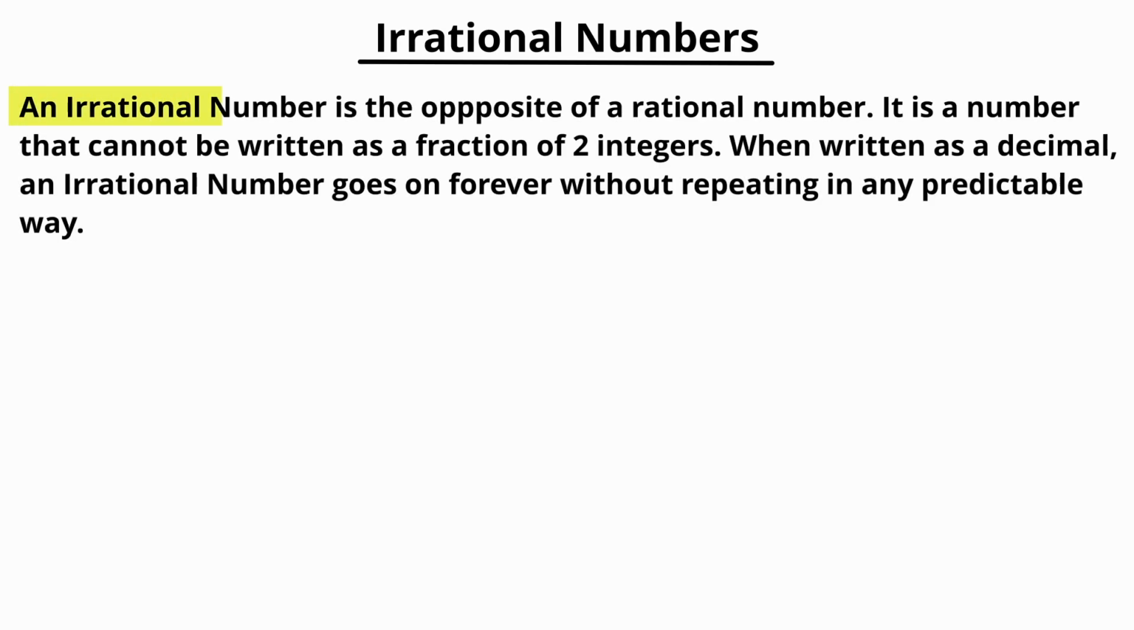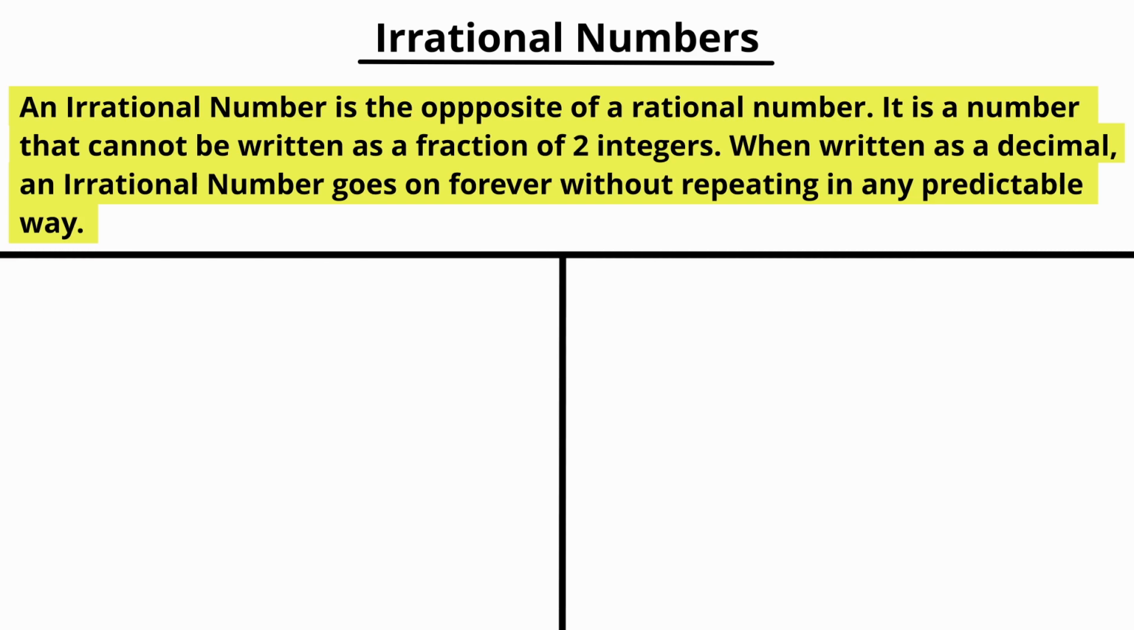An irrational number is the opposite of a rational number. It is a number that cannot be written as a fraction of two integers. When written as a decimal, an irrational number goes on forever without repeating in any predictable way. One example of an irrational number is pi,